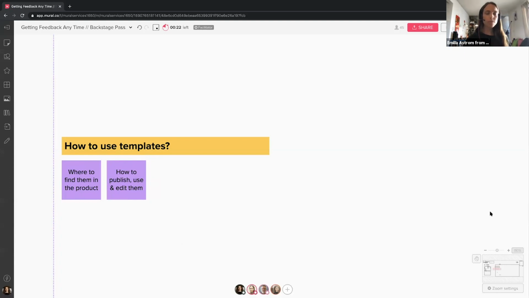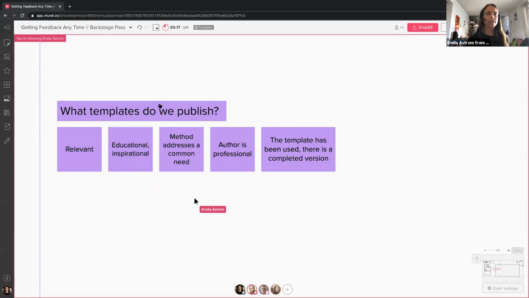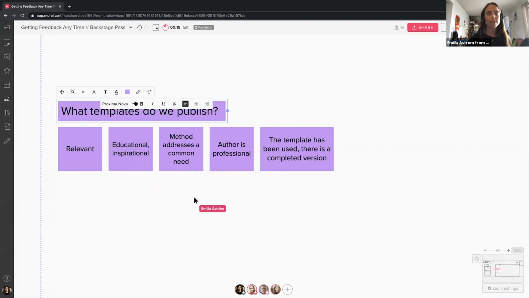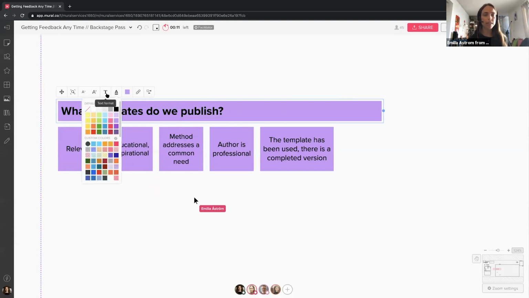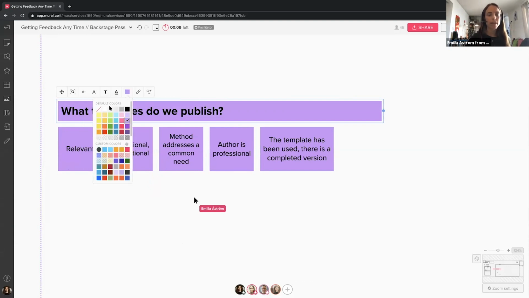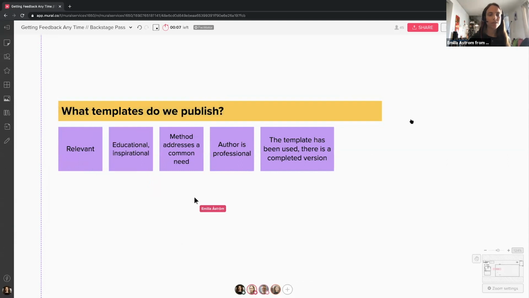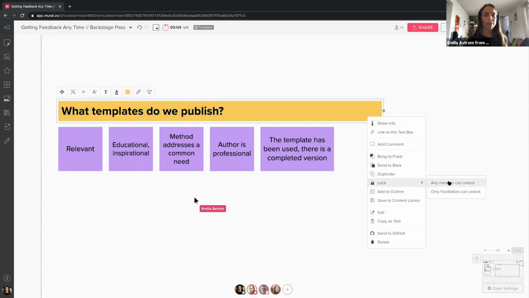Then I think the next part is more around the templates that we publish. We have a landing page on the Mural website where we publish templates from expert consultants and partners that we're working with.